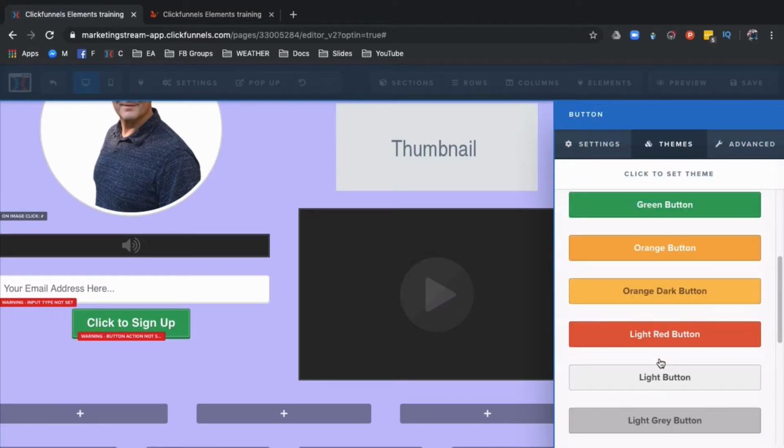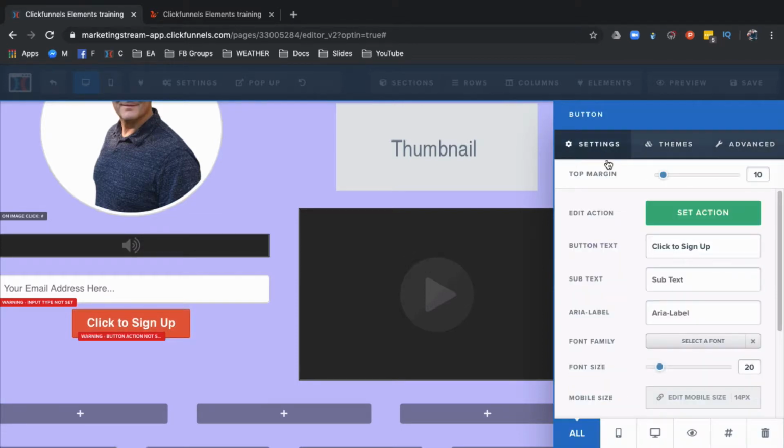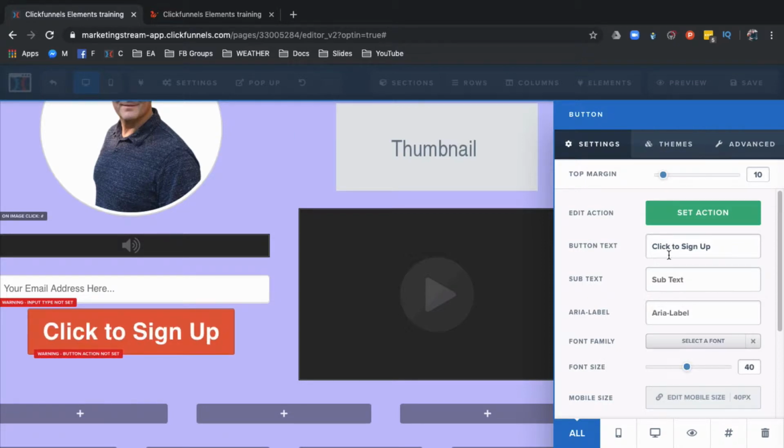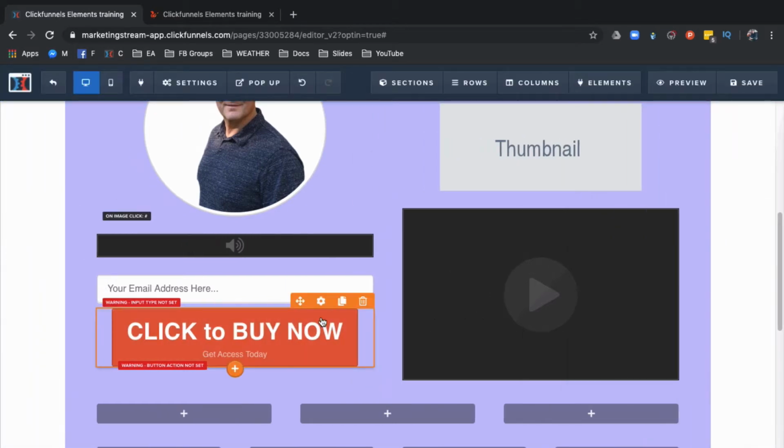Anything to match your design and your thinking. Again, you can change the font size, which makes it very easy. You can change what it says. Click to buy now. Add subtext. Get access today. All kinds of very easy options, no designers needed to be able to build any kind of web